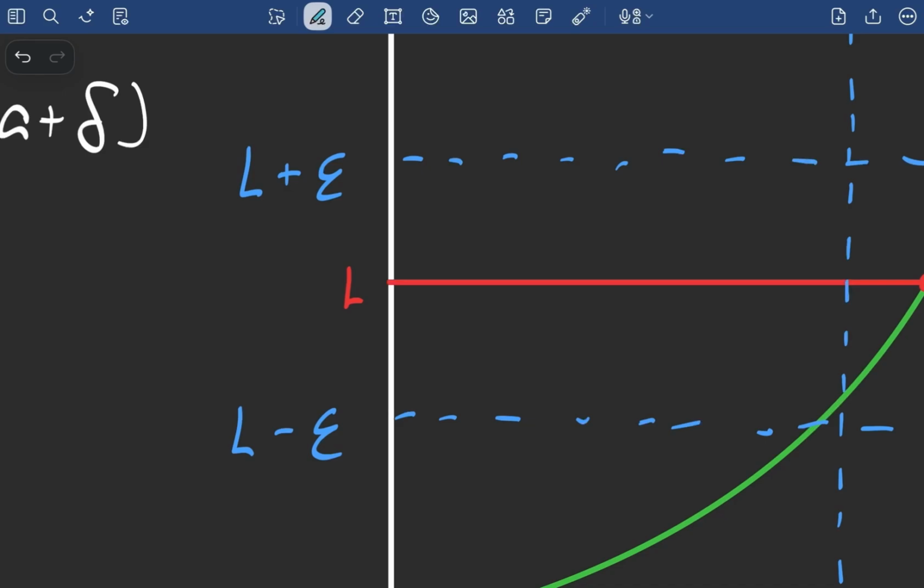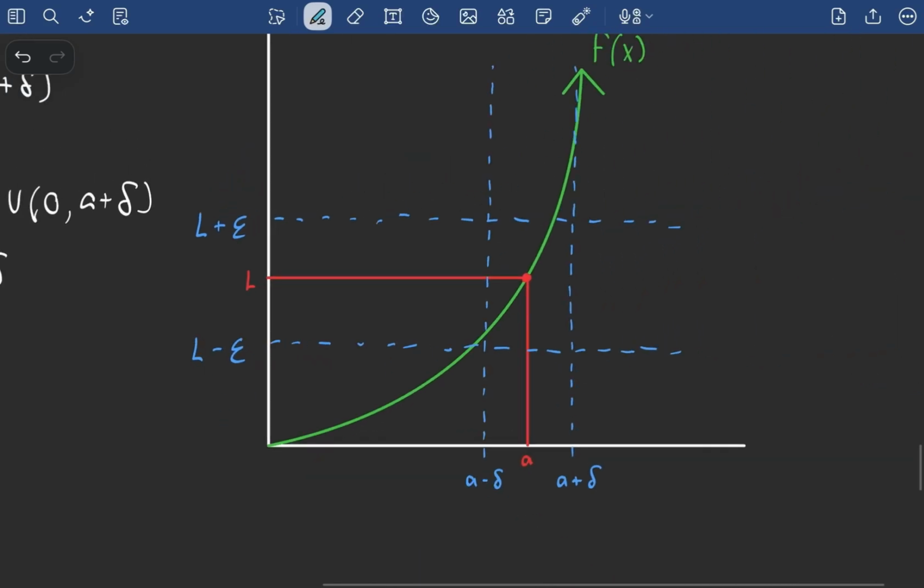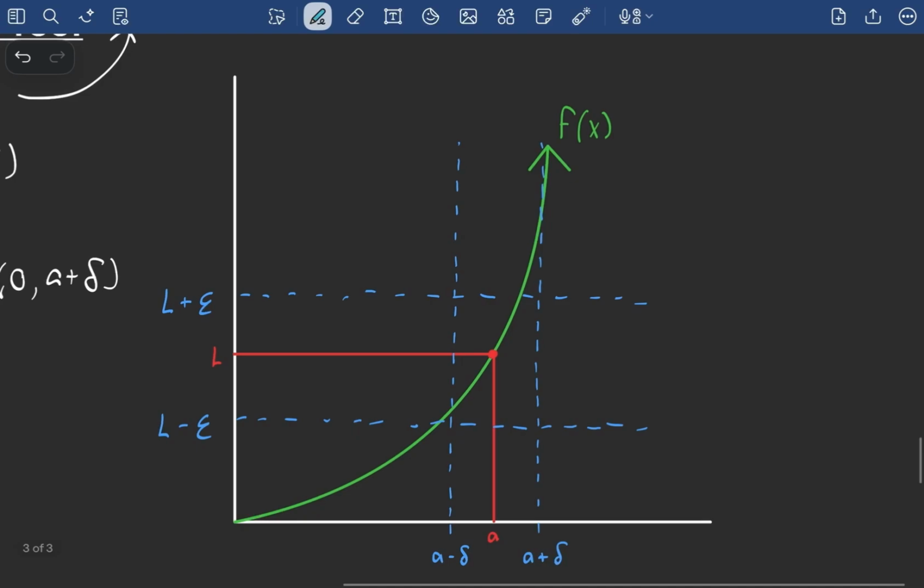So now we have an interval on L. And the idea of the proof is, if we can take a generic epsilon, so it doesn't matter what epsilon is,